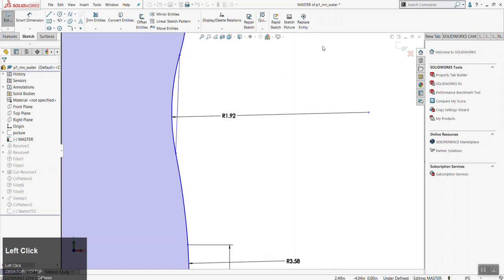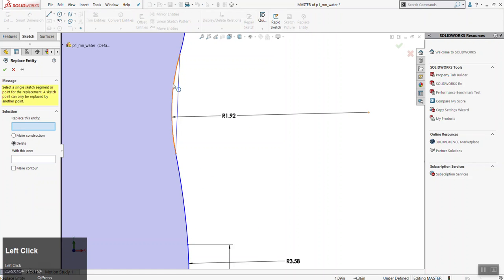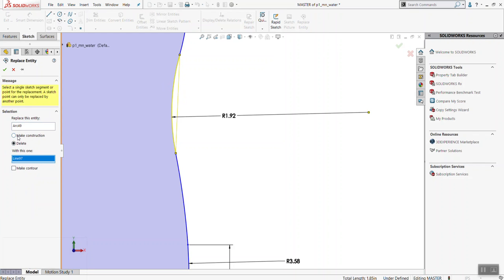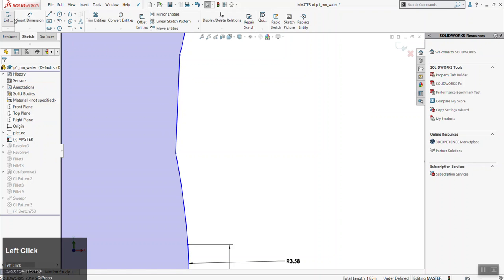So again, if I click on this, it says, hey, replace which entity? Replace this entity with this one. And it asks you, do you want to delete it or make it a construction line? So if you want to keep the old one, you can make a construction line to leave it there, or you can delete it out. If you click check, now when the tree rebuilds,